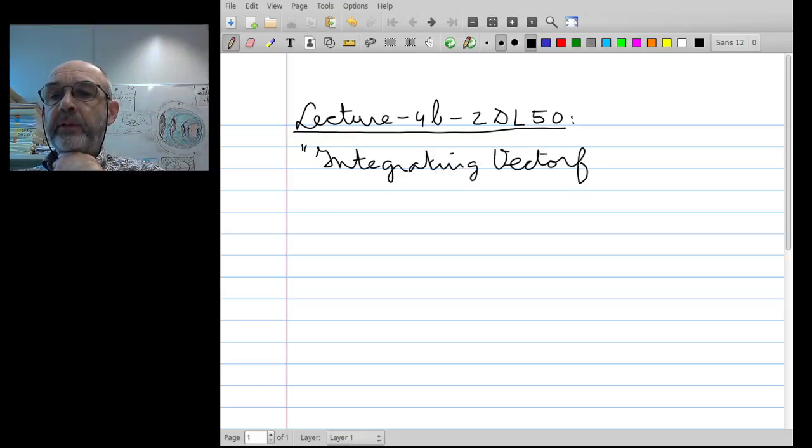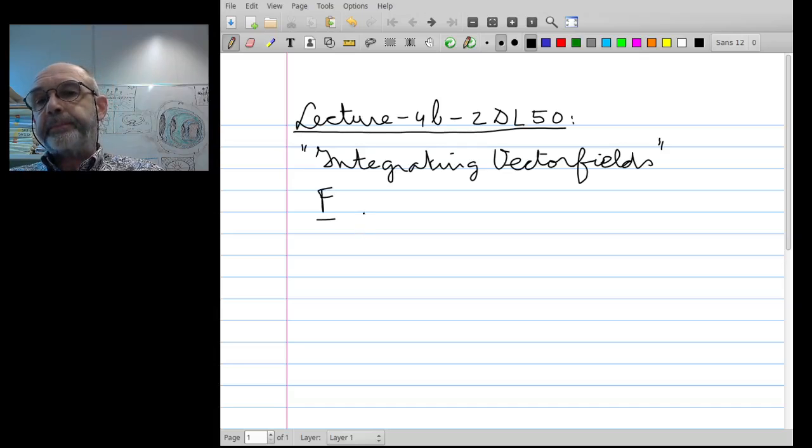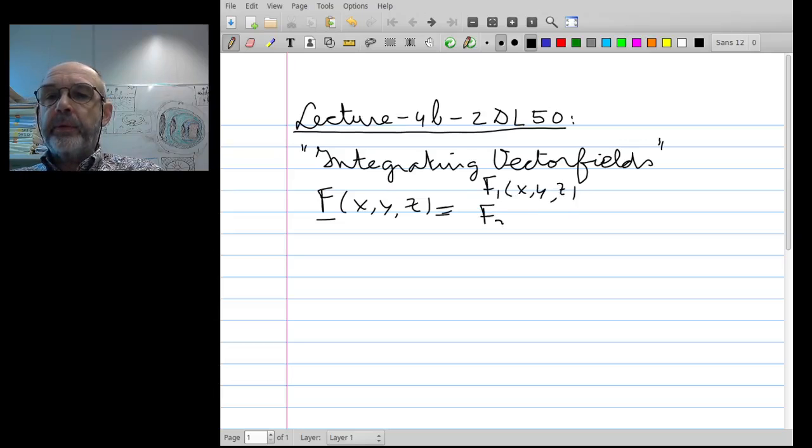I find it a little bit strange term, because what can we now integrate with vector fields? Here you have some vector f. It depends on x, y, and z if you are in R3. And then it has several components. It is a vector, and what to do? Now, what shall we see? That with that term integrating vector fields,